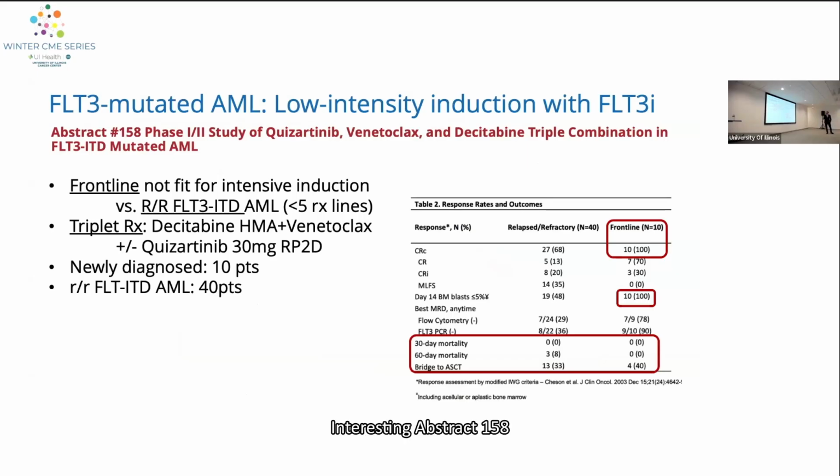Interesting, abstract 158 was a phase 1/2 study using the triple combination of quizartinib, venetoclax, and decitabine in patients with FLT3 mutated AML, as opposed to the QuANTUM-First study that we just heard about, which pairs quizartinib with intense 7+3 induction. Patients who were unfit for intense induction therapy are often left out of the option for a targeted therapy. So this is asking, can we use quizartinib in the frontline setting for patients who will receive less intense induction therapy,